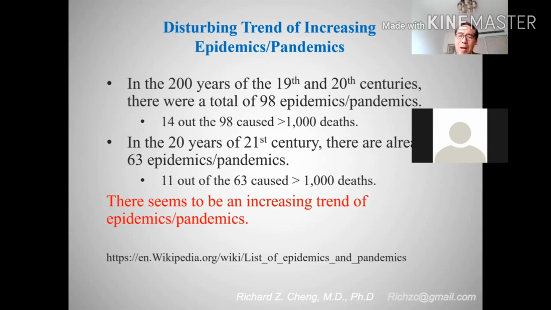Now, this is very puzzling. We would think that the epidemics and pandemics of viral or bacterial origin have to do with the economic and the sanitary conditions. We have to also admit that the worldwide economy and the sanitary conditions today are much better than 200 years ago, 100 years ago, right? However, we are seeing an increasing trend. There seem to be more and more of such epidemics and pandemics. Why? Now that's a question, and I don't know the answer. I may have my suggestion, but